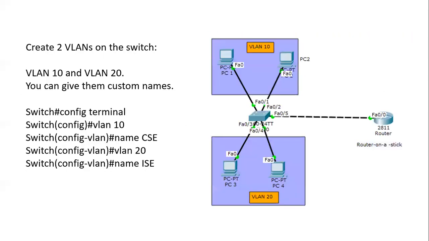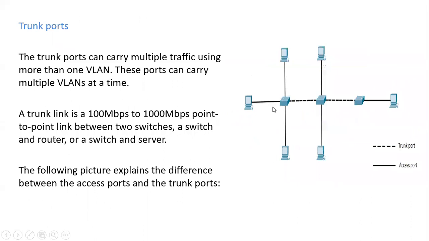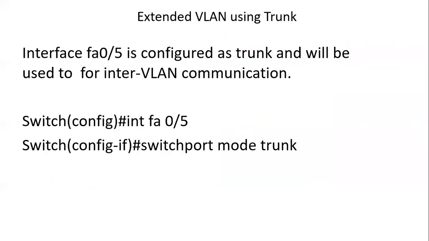And suppose we want to extend the VLAN, say like this. This is one VLAN. We want to extend one more VLAN. We want to connect multiple VLANs. So there are two switches. To connect two switches, we need to have a trunk link. The command for a trunk link is just go to that interface and give the mode as switchport mode trunk. This command will ensure that that link is in trunk mode, and it will ensure that proper packets are transferred.